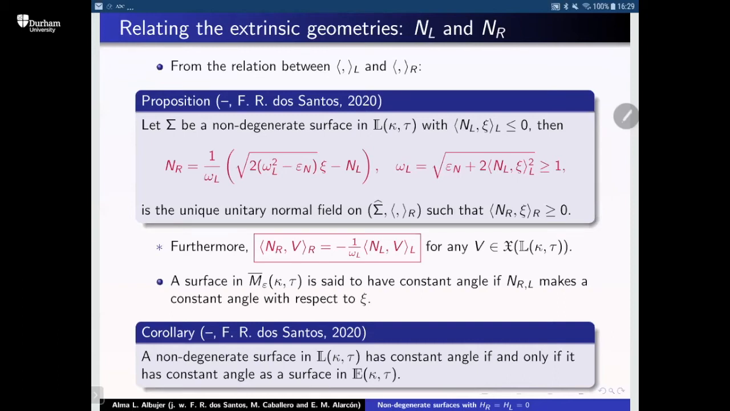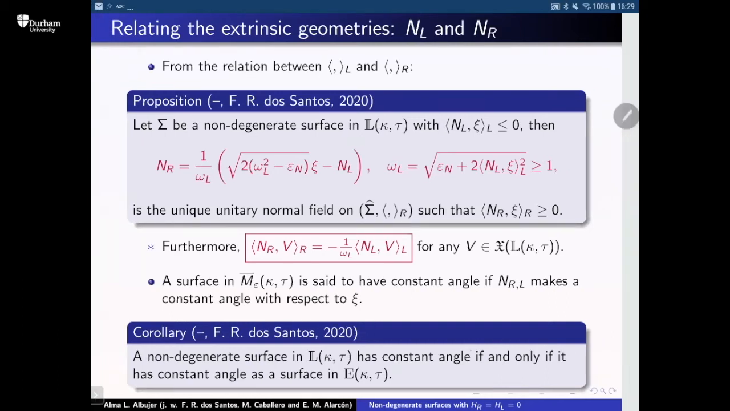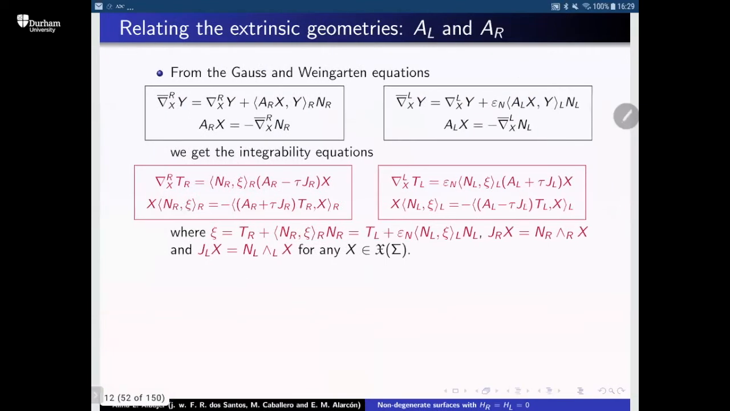I will continue. So if we have the relation between the normal vector fields, the following step is trying to relate the shape operators. The shape operators appear naturally from the Gauss and Weingarten equations. So we have two metrics, so we have two Gauss and Weingarten equations: the one related to the metric R and the one related to the metric L. So the shape operators are naturally defined by the Weingarten equation. And from then, with a straightforward computation, we can get the integrability equations